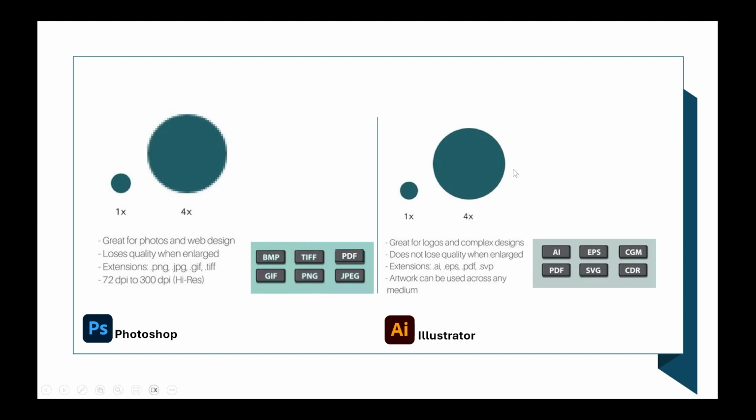On the right, this image shows how vector graphics stay sharp at any size while you're working with Illustrator. At 1x or 4x, there is no pixelation because they're made from mathematical paths, not pixels. They're best for logos and complex designs. There is no quality loss when enlarged, and the common formats in use are AI,